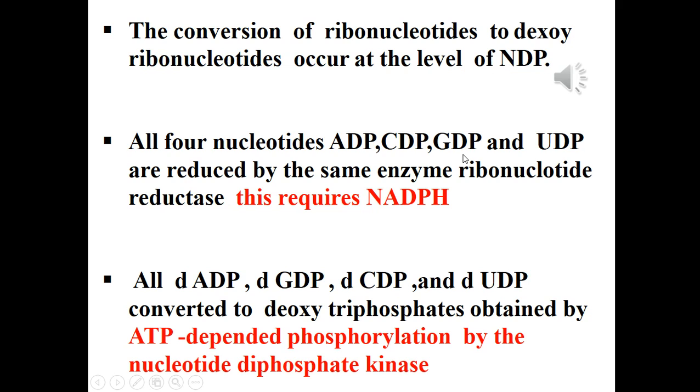The conversion of ribonucleotides to deoxyribonucleotides occur at the level of nucleoside diphosphate. All 4 nucleotides, ADP, CDP, GDP, and UDP, are reduced by the same enzyme, ribonucleotide reductase, and this requires NADPH. Then all the deoxyadenosine diphosphate, deoxyguanosine diphosphate,